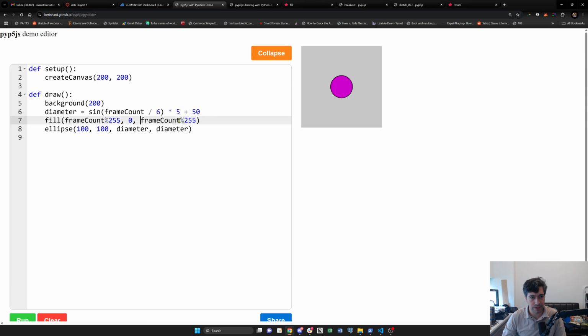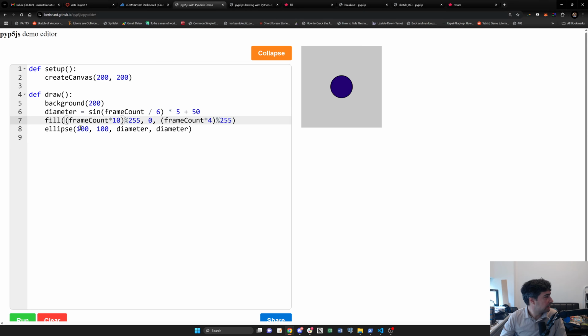And so the first thing you should do is start by just changing some of these parameters. And you can follow along exactly with what I'm doing here if you want, just to start. And I'm just changing numbers, trying to see what happens as I change some of these numbers. And so, for example, here, what I'm looking for is I want the color to be changing faster. And so I'm multiplying the frame count, which makes things change faster. So, okay, cool. We've got some sort of flashing